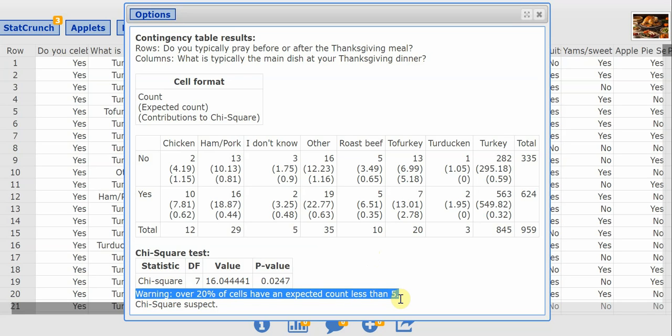And so StatCrunch is actually giving us a warning that there's a lot of cells with expected counts less than 5. And so a chi-square test is actually probably not an appropriate procedure to do with these data, but we at least know how to do it. And if it had been an appropriate test, we could go down to the p-value here and use that p-value to make a decision about whether the two variables are associated with